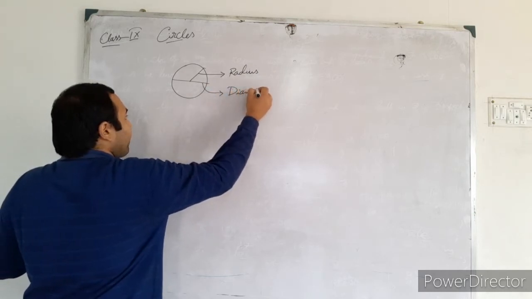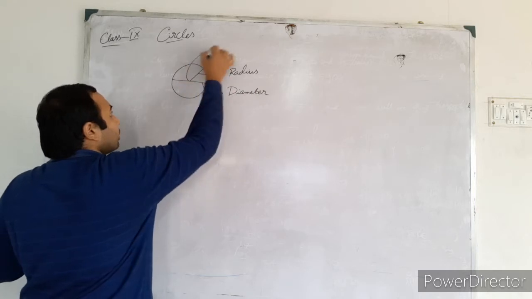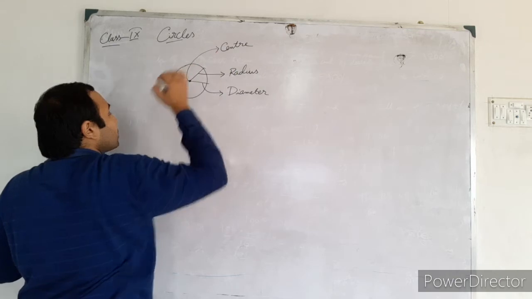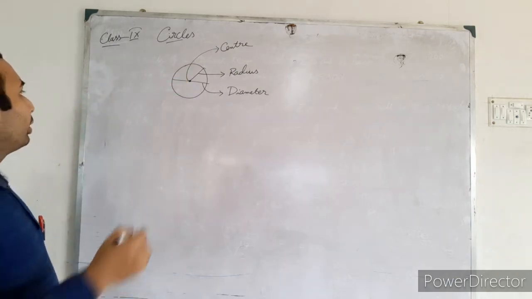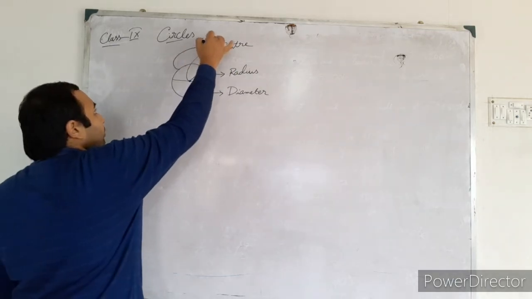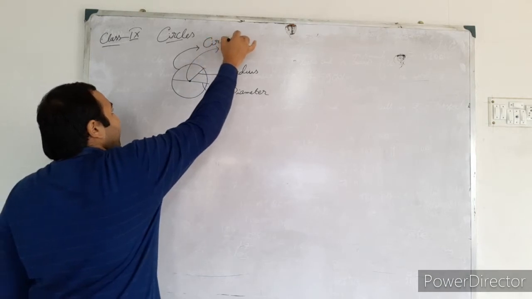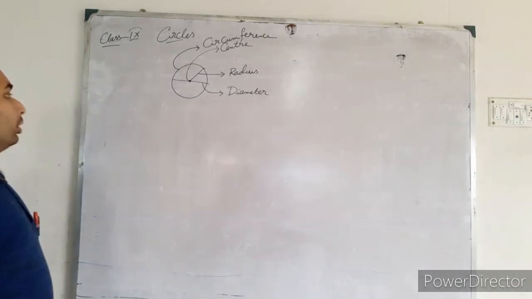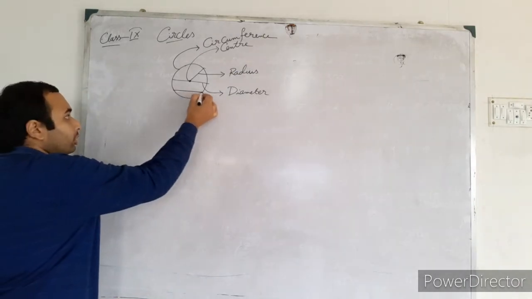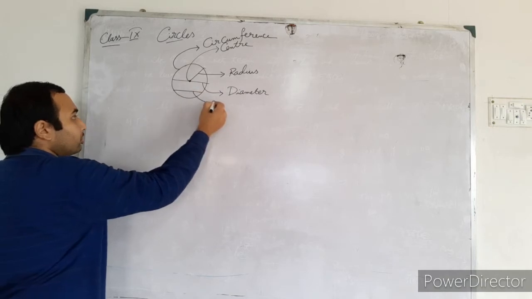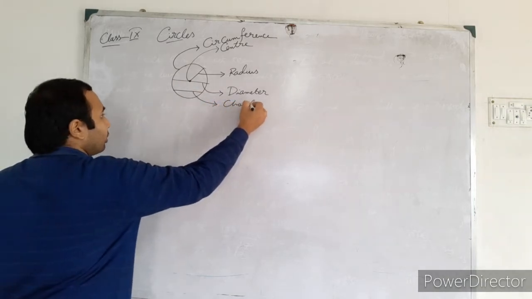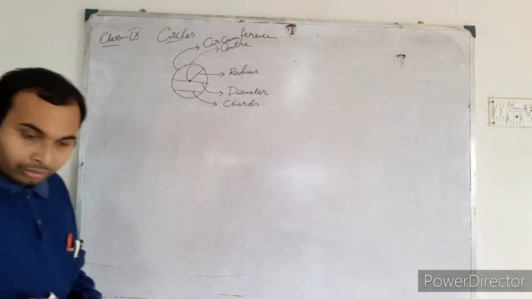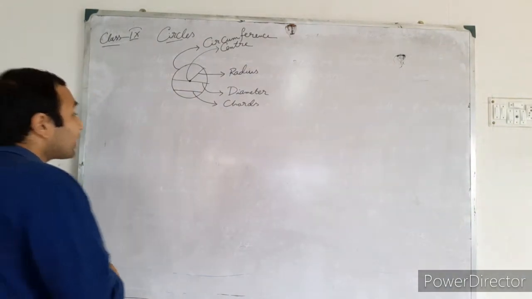Diameter, this is the center, this point, and this is the circumference. Those are the chords, if you draw them. Those are the chords. Now, if this is a chord,